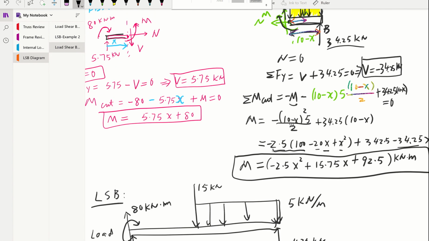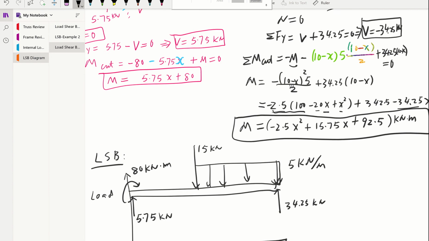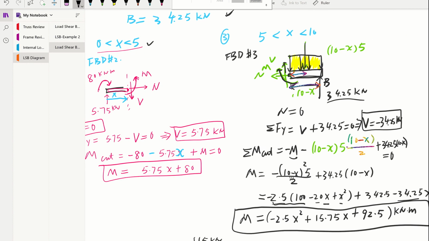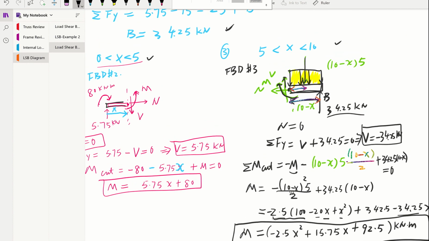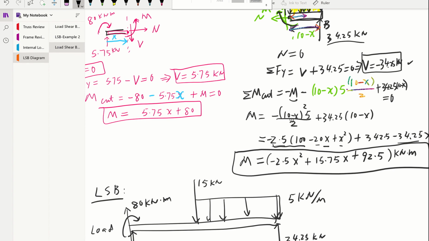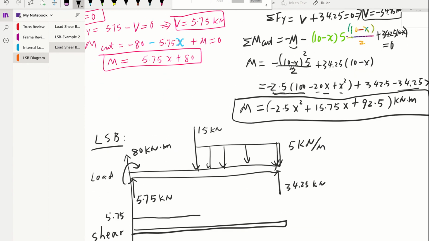For the first half, between 0 and 5, our shear is 5.75, which means it's a constant value. However, when you get into the second half, we got expression for V is negative 34.25, so it's jumped down to